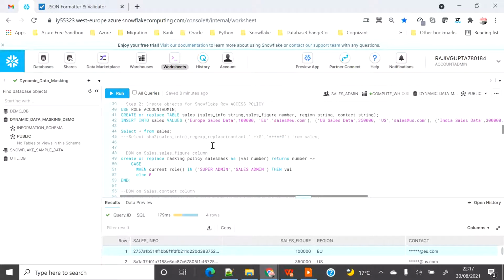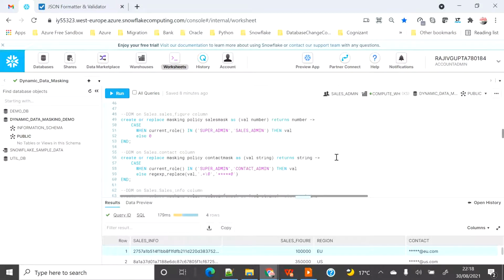You can use a regular expression, you can use context, meaning constant text, or a full text like masked star star star, anything. The only thing you need to remember is your input data type.